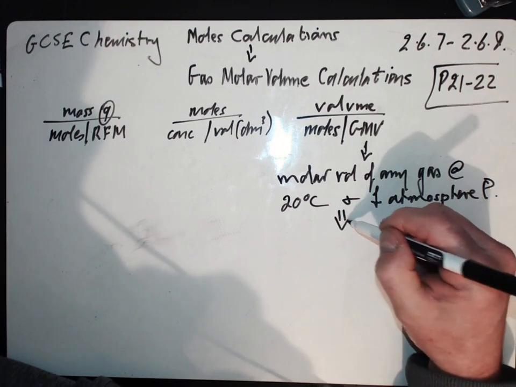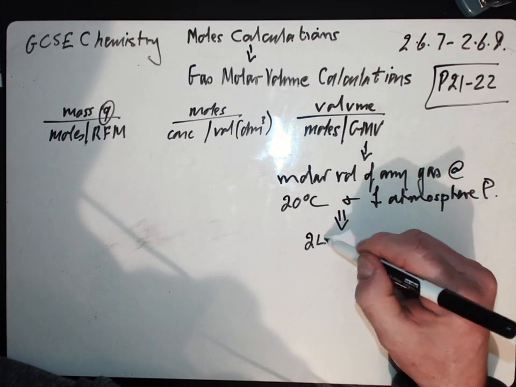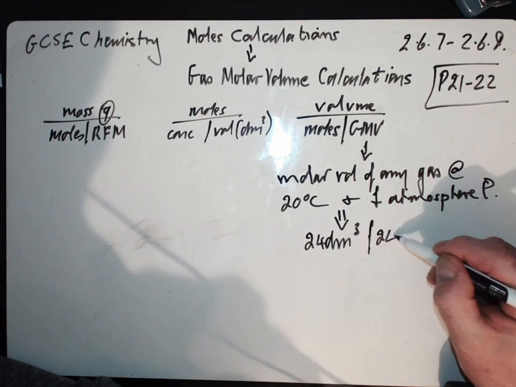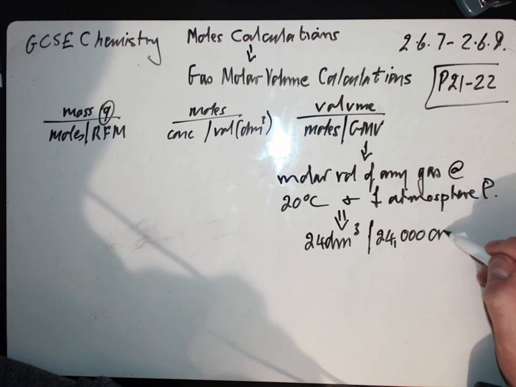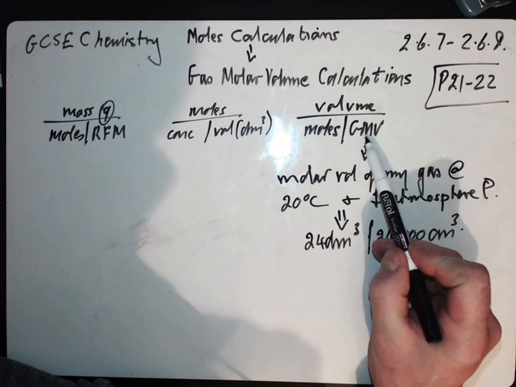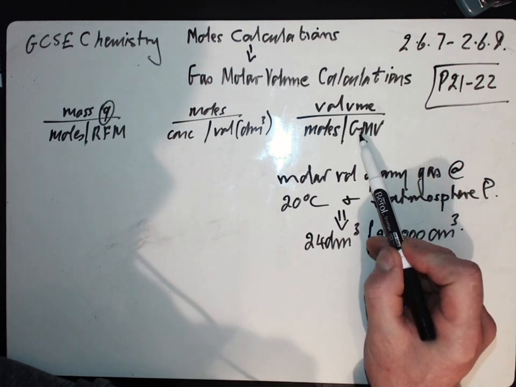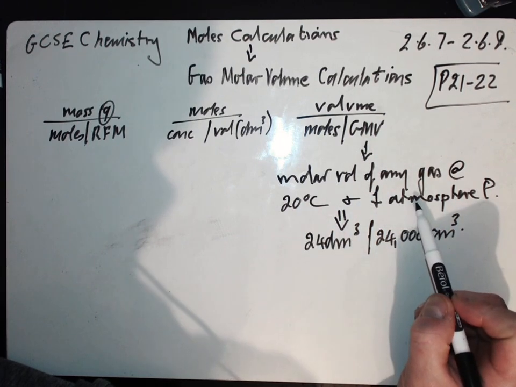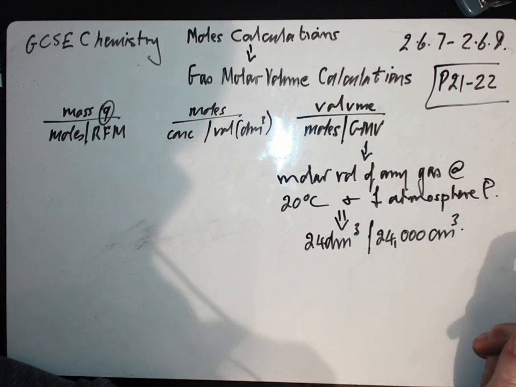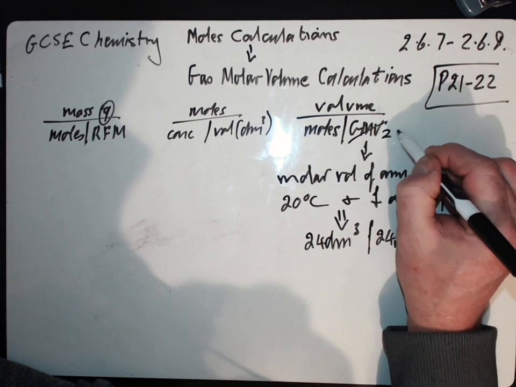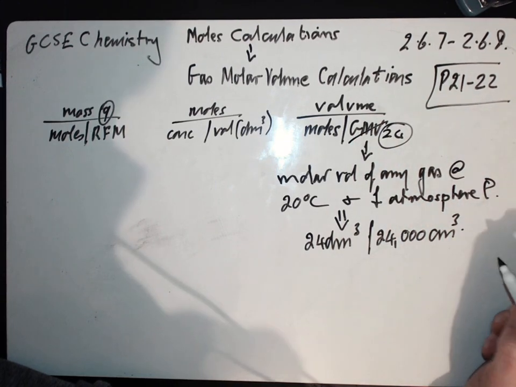Now the molar gas volume at that is 24 decimeters cubed, or if we were to do it in cubic centimeters, 24,000 cubic centimeters. So in other words, what we're saying there is that the volume of 1 mole of any gas at 20 degrees Celsius and 1 atmosphere of pressure is 24 decimeters cubed. Now that means that this is a constant value, that is 24 decimeters cubed, or 24,000, which means